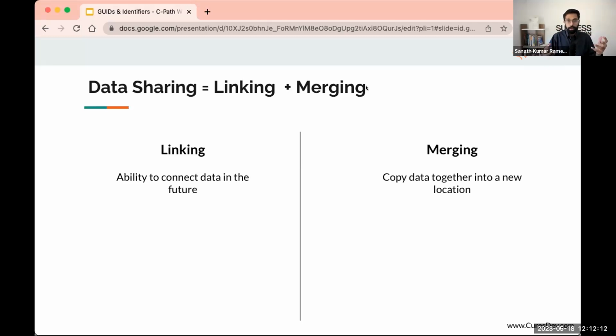This is what most people refer to as data sharing when they think about data sharing, because you want to be able to share data among each other. But that's a harder problem to solve, because linking, all it requires is that you have a shared identifier between two databases. If Sanath has some information in database A and database B, you should be able to put information about Sanath together. And to do that, you need to have some shared information. In this case, we call it a shared identifier. And you also need to have your IRBs, or your ethics boards, approve having shared identifiers in place.